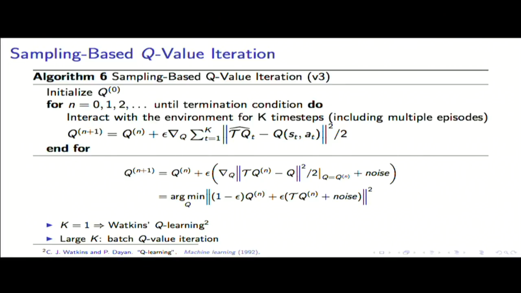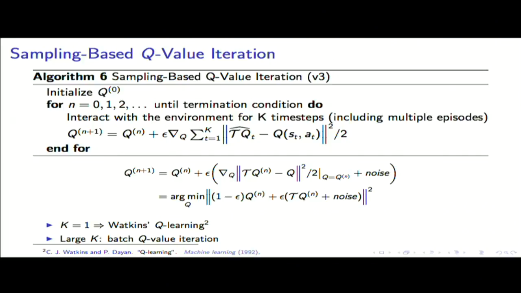And another way to write that is, instead of just thinking about taking a gradient step, you can recognize that this is exactly the same as taking the minimum over Q functions of an adjusted version of the Q value. So you take the old Q value plus epsilon times a noisy version of the new Q value, and if we